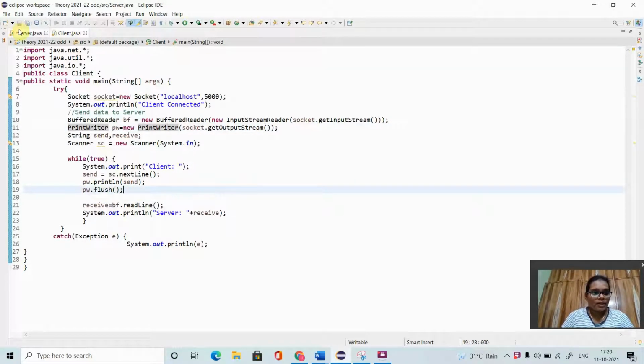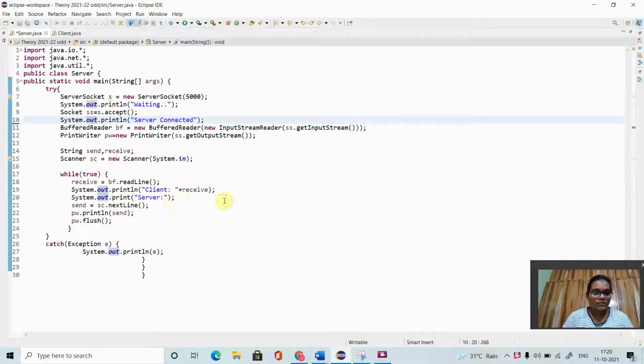Then it will receive the message from the client, and the server also will give data. Then the client will receive the message from the server. This is a two-way communication.